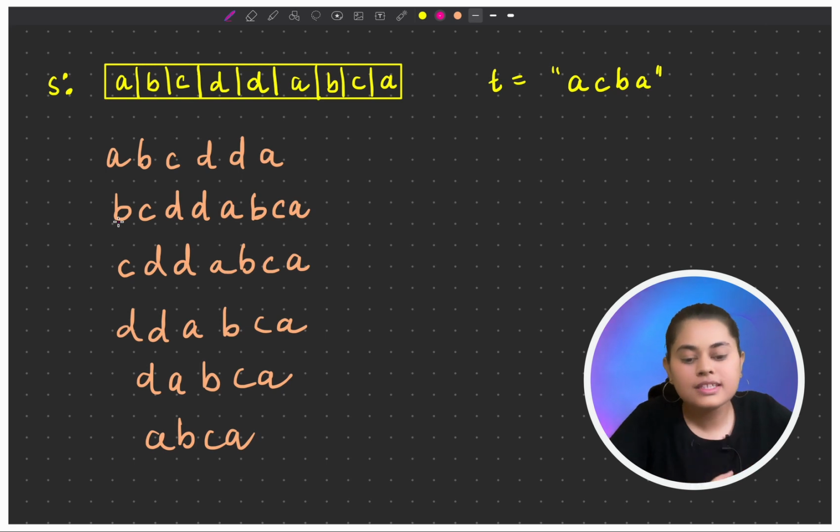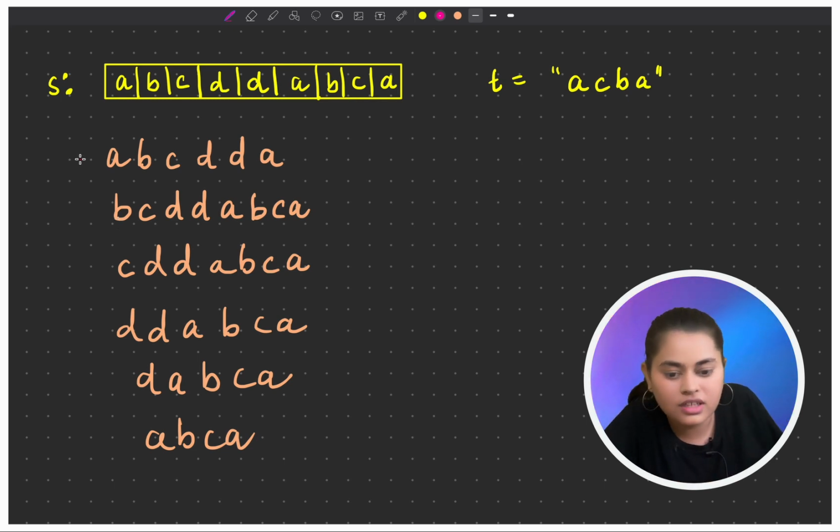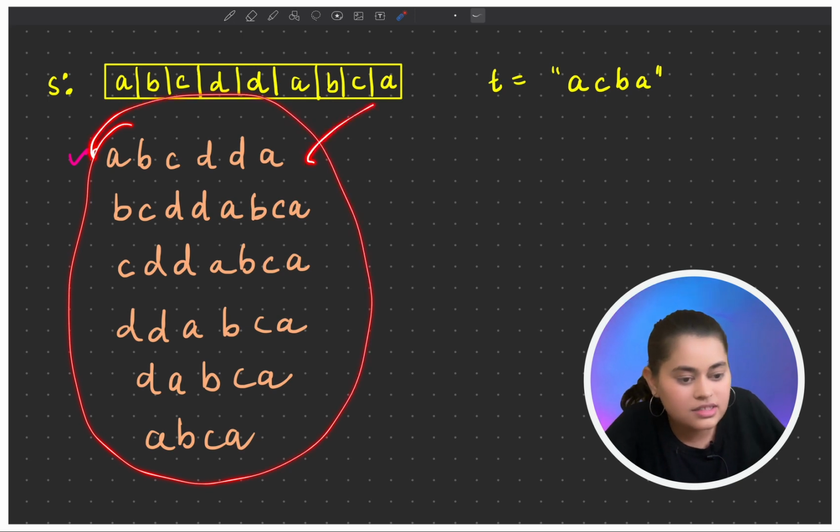If you see, I have written all the possible substrings which contain all the characters of the target string. All the substrings written on the screen contain the same characters as in the target string, right?